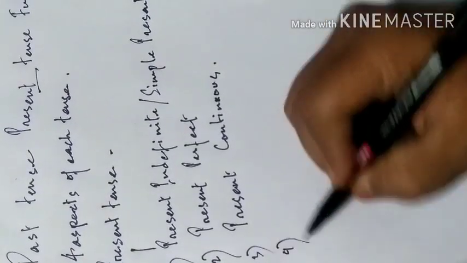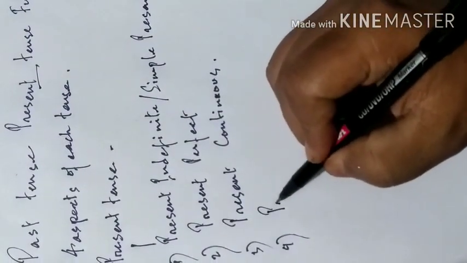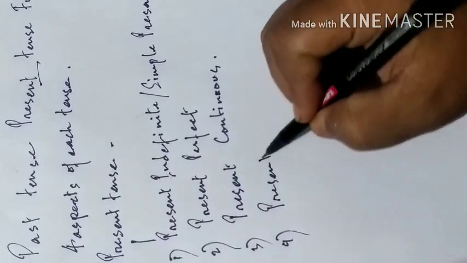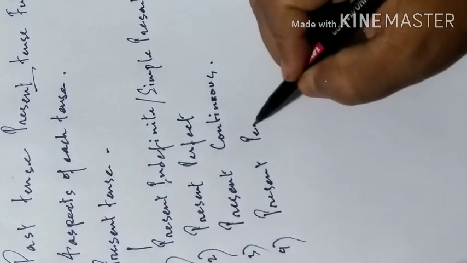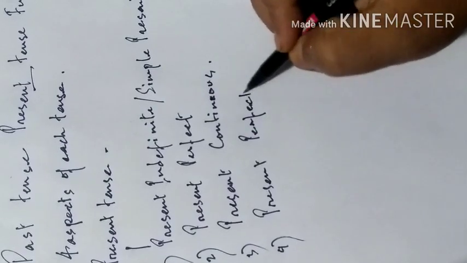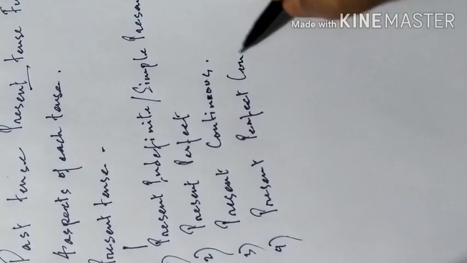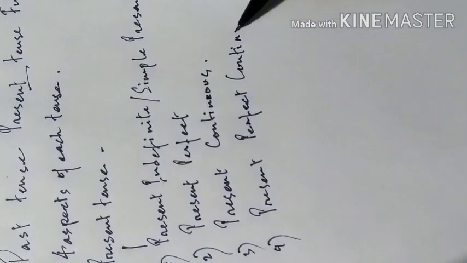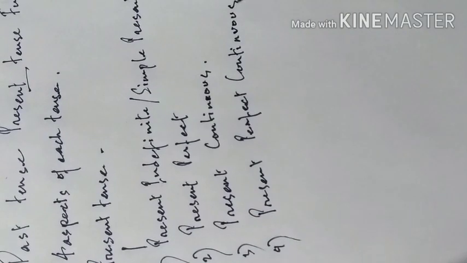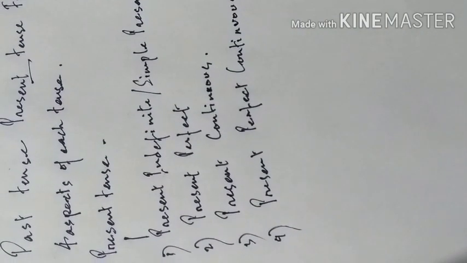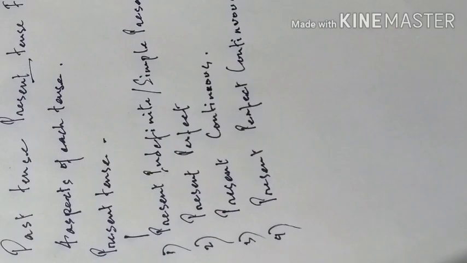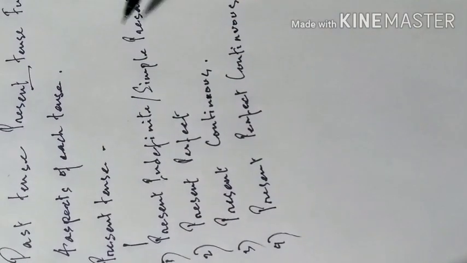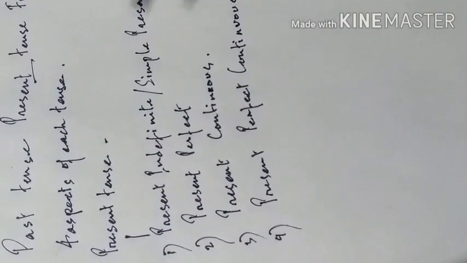Then there is the present perfect continuous. So these are the four aspects of the present tense, and these four aspects are also there in the